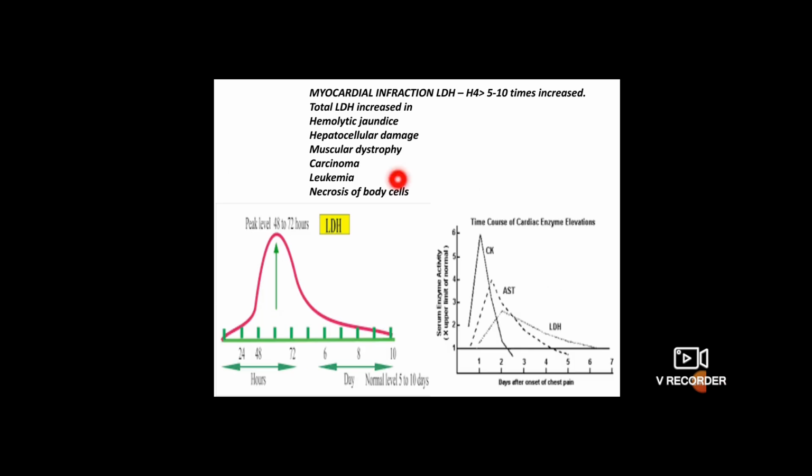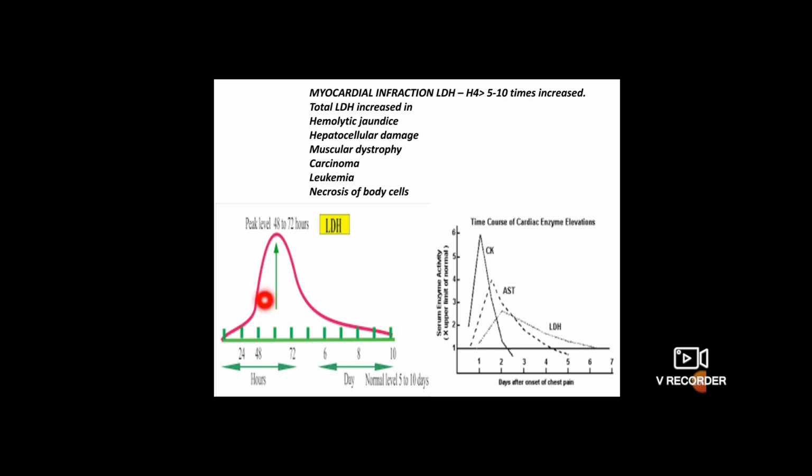So when you have this myocardial infarction, they definitely advise for the LDH estimation. And see that this graph is very important. Like most of the enzymes, you can't see that it is immediately increased and decreased. But in the myocardial infarction, the onset of the increase of the enzyme, that means we have seen the normal value 100 to 200 units per liter. It goes beyond that. Say here you have said that 5 to 10 times is there increased.